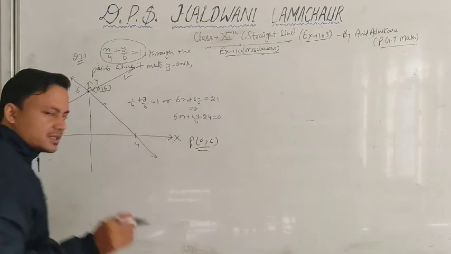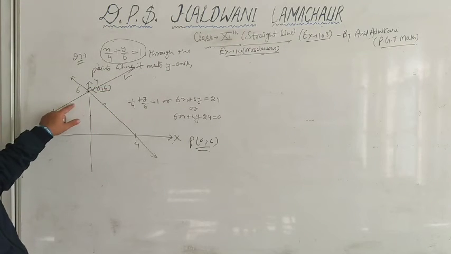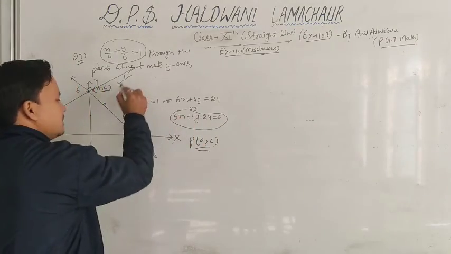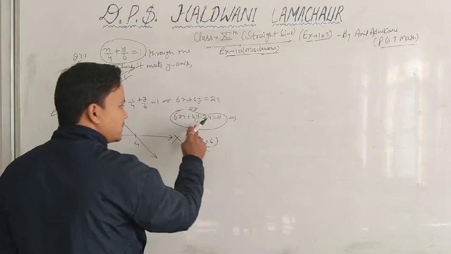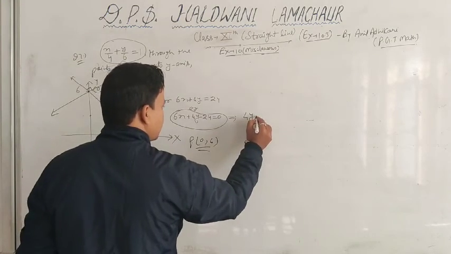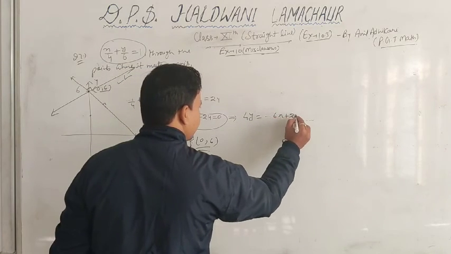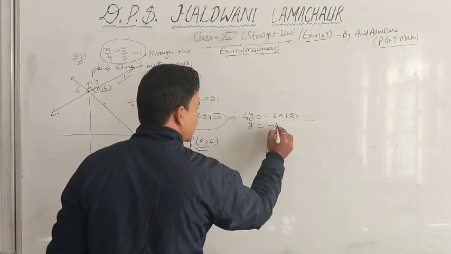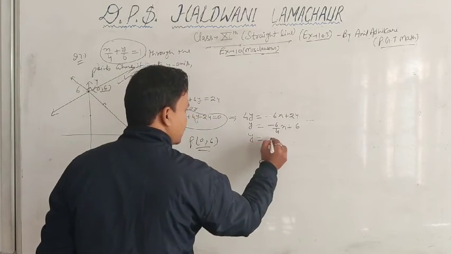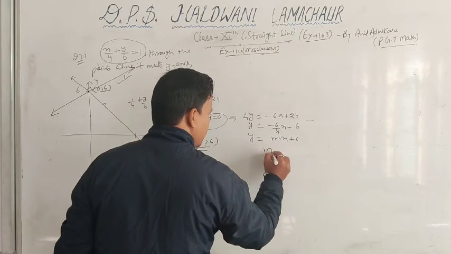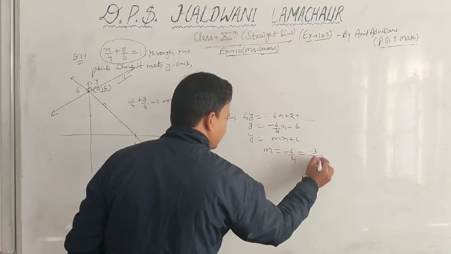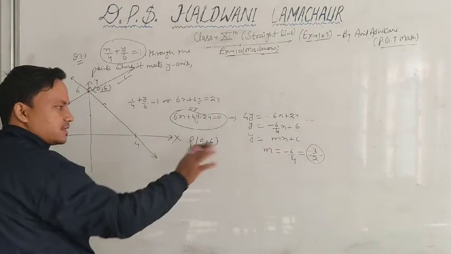Now we just need to find the slope of this line, since this line is perpendicular to this line, तो बेटा इस लाइन का स्लोप हम फाइंड कर लेंगे तो इस लाइन का हमें मिल जाएगा। So to find the slope of this line we have to reduce it in slope intercept form. So 4y is equal to minus 6x plus 24. So y is equal to minus 6 upon 4 times x plus 6 है ना। So y is equal to, compare करेंगे mx plus c से, so the slope of this line is minus 6 upon 4 or you can say minus 3 upon 2, 2 3 is 6, 2 2 is 4. So slope of this line has been given.